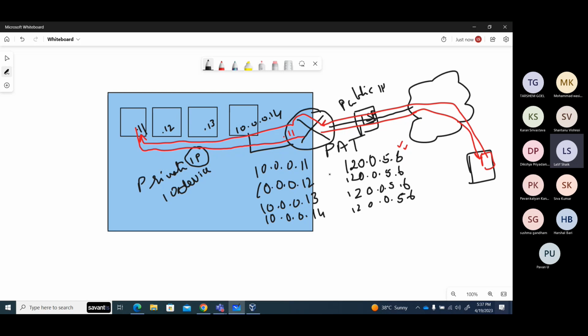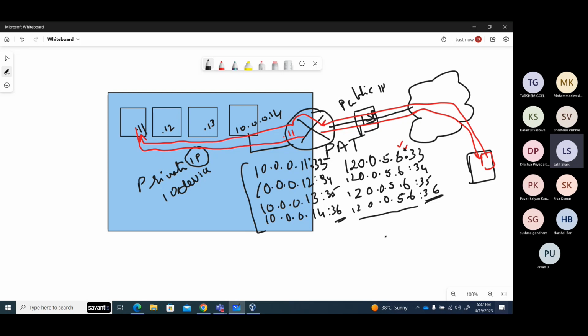How is it differentiated? I got a request. I'm sending a request with this one, it goes with this one. I'm sending this request with this IP address, it goes with this one. But how will it be differentiated? It will use the port number. For example, this port number is 33, so it will assign like this: 34, 35. So instead of directly assigning a public IP address, it maps them,